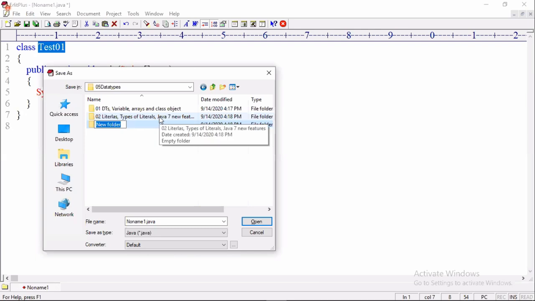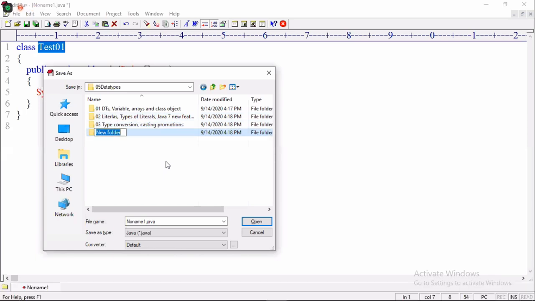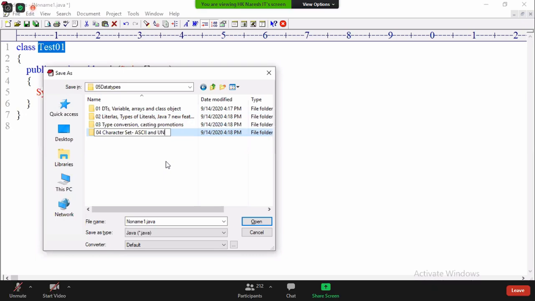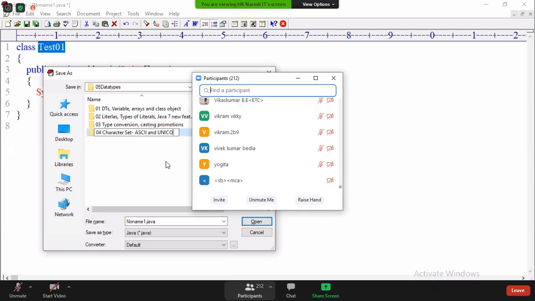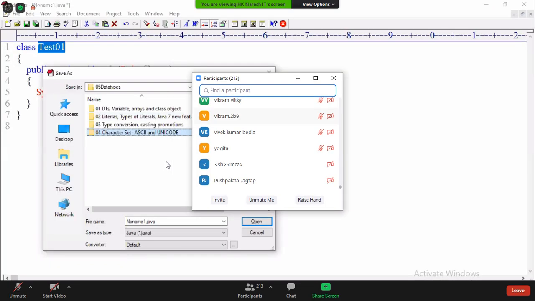Third is type conversion, casting and promotion. And the fourth topic is character set. We have two character sets, ASCII and Unicode. So these are the four sections we have to learn in this chapter.